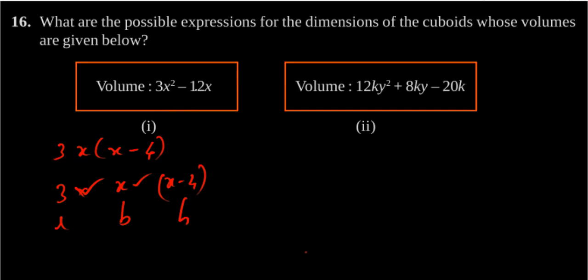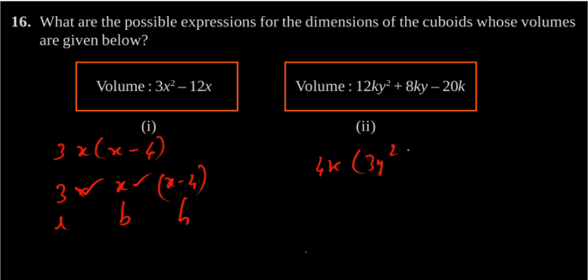So we can get the dimensions of the cuboid. A cuboid has length, breadth, height. So 3 can be the length, x can be the breadth and x minus 4 can be the height of this cuboid. Now this also let me factorize and get 3 factors. So first everything will go in the fourth table and k is common. So 4k if we take outside,